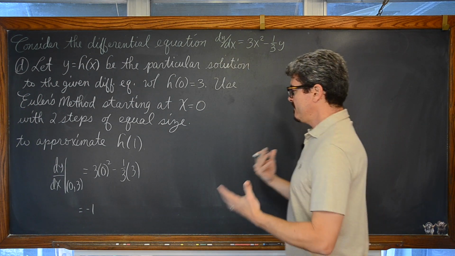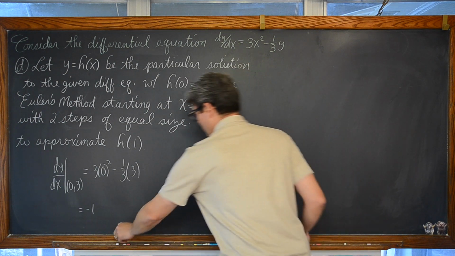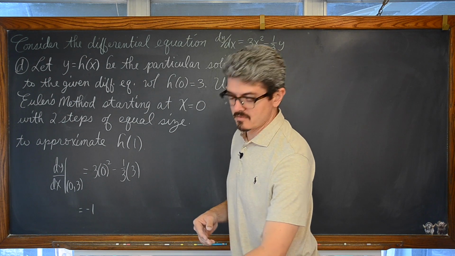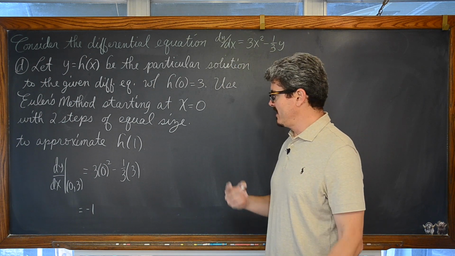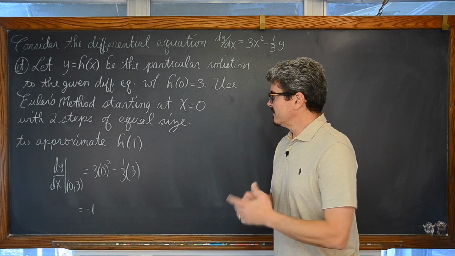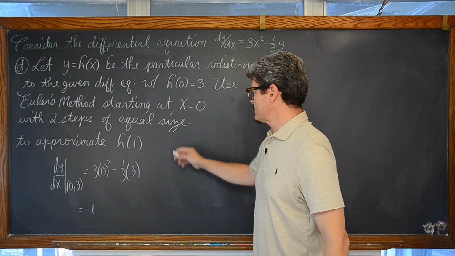Now, you can abbreviate and kind of streamline this notation a little bit. Sometimes your textbook asks you to do a ridiculous amount of steps. Sometimes my textbook that I teach from had them do like 10, 15, 20 steps of Euler's method, so monotonous, but we're only doing 2 here. So I'm not going to worry about streamlining this.